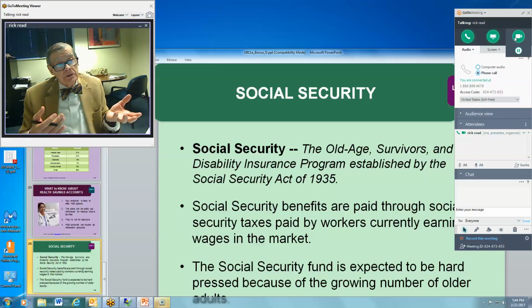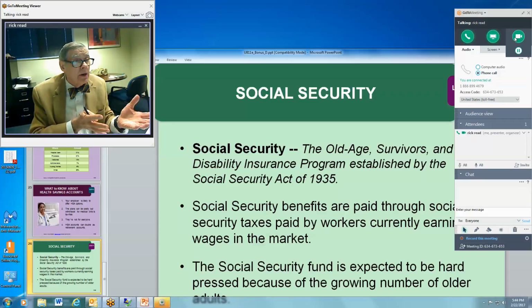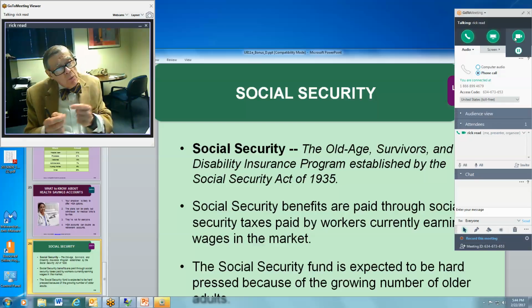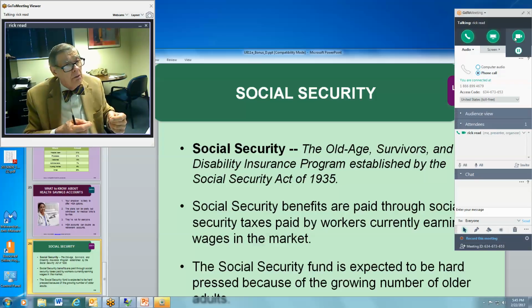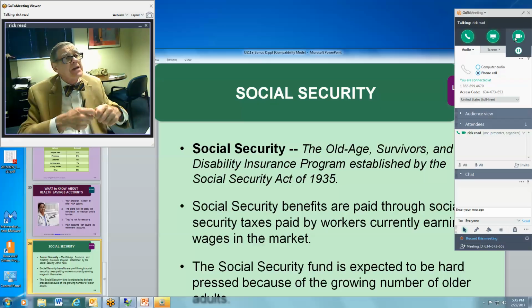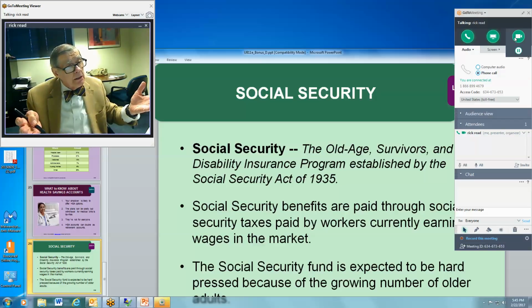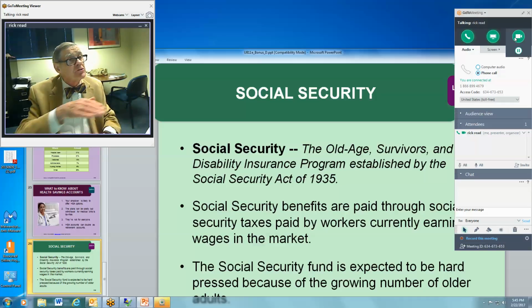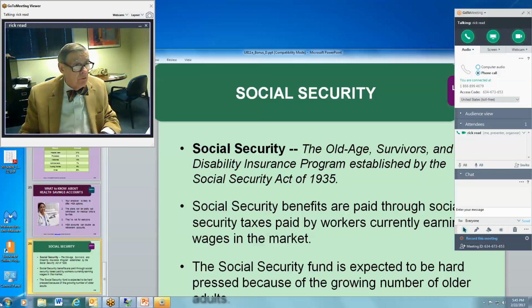But a person that's making $30,000 a year, you raise it from 65 to 70, it's going to make a big difference. That person's going to have to work 5 more years so he or she can keep body and soul together. So however we figure this out, it has to be equal. If there's pain, the pain has to go around equally. If there's benefit, the benefit has to go around equally. We can't favor one class of people over another, or one strata of financial class over another.